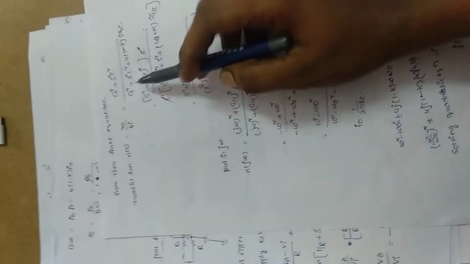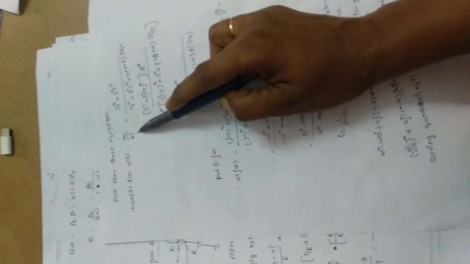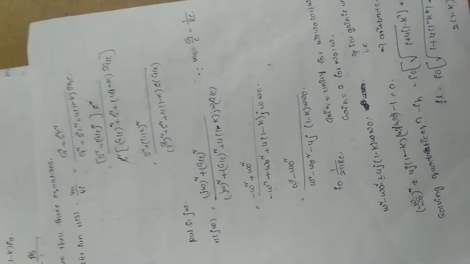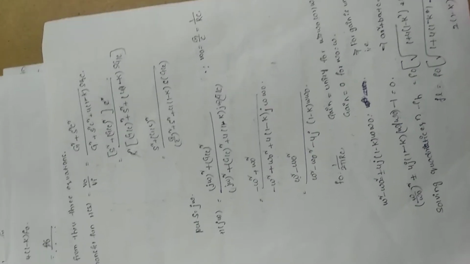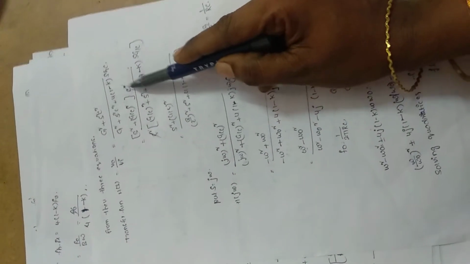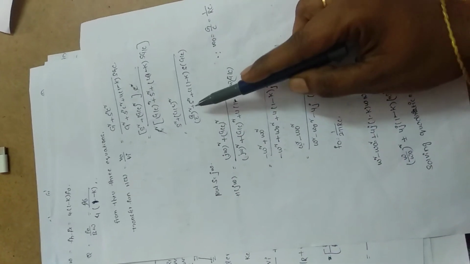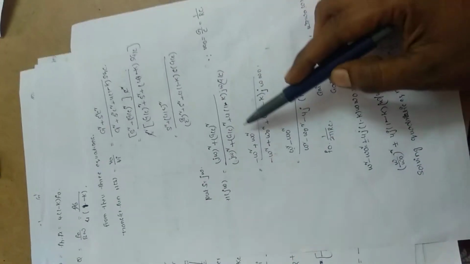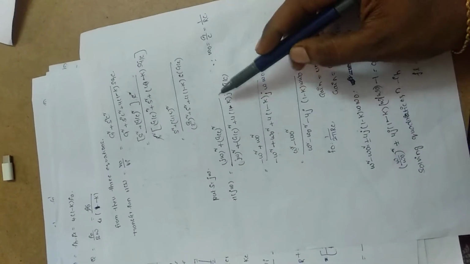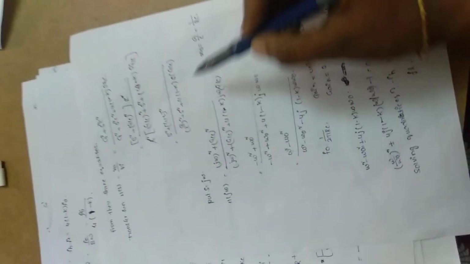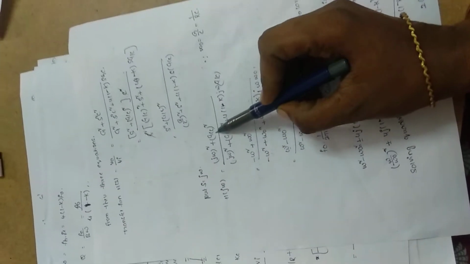By solving those 3 equations, we will get V output by V input is equals to (G square plus SC square) by (G square plus S square C square plus 4 into (1 minus K) into S G C). So common C square term in upper and lower. From that we will get this equation and put S is equals to J omega there. And here consider omega naught is equals to G by C.